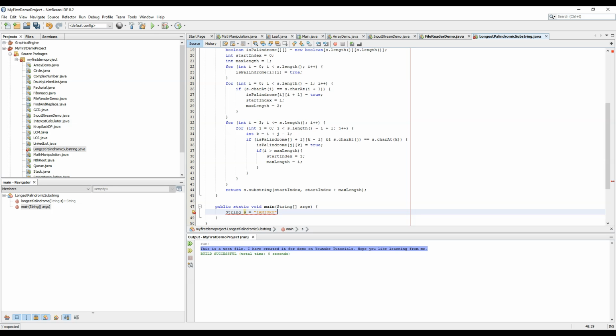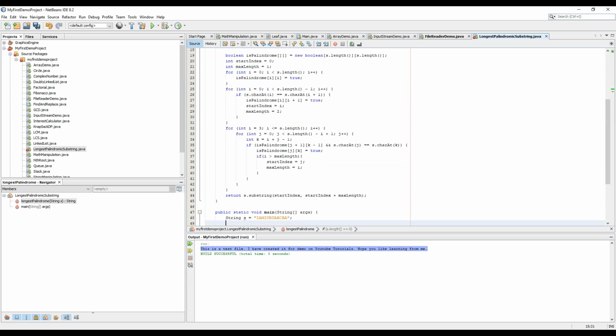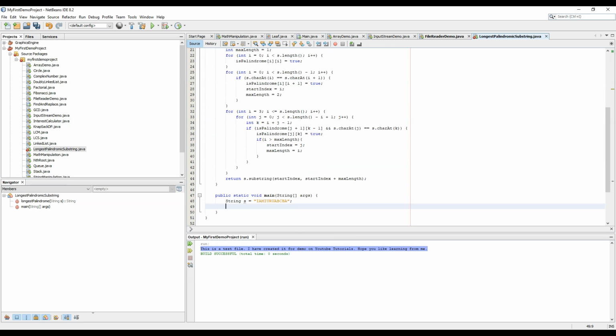And let's place a palindrome over here, ABCBA, and let's now go to this function signature. It's already static, so just copy the function. Let's calculate the longest palindrome of s, and now we can write an s out over here.